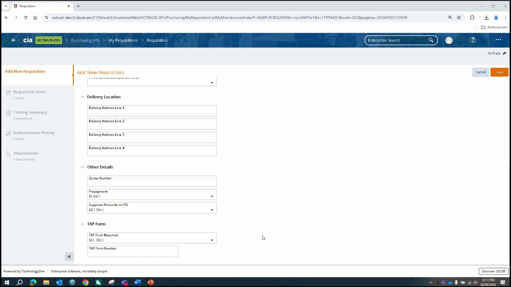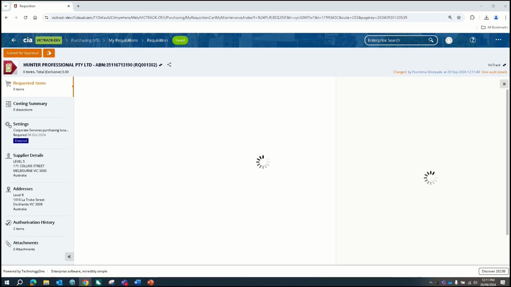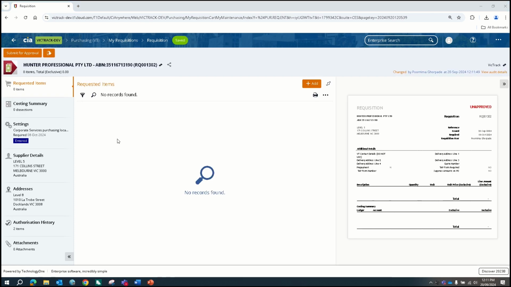If a TAP form is required, select from the drop-down the option Yes and note down the TAP form number. If it's not applicable to this requisition, these fields may be left blank and select Save to confirm your entries. The screen will refresh. In the Requested Items section, select Add, Ad Hoc Request,